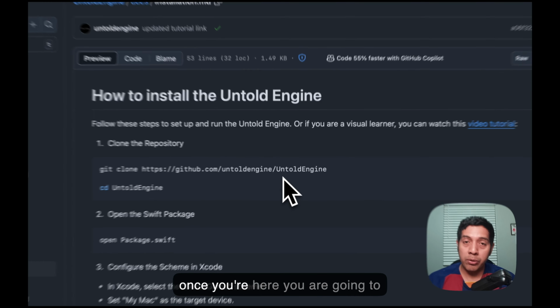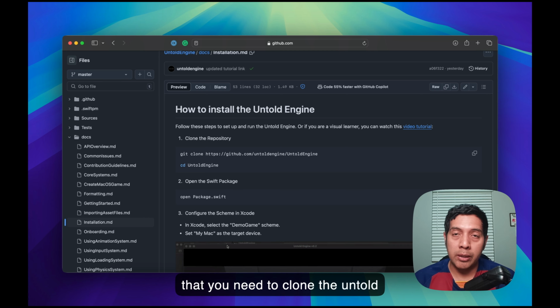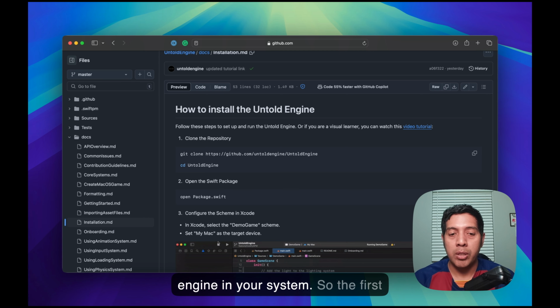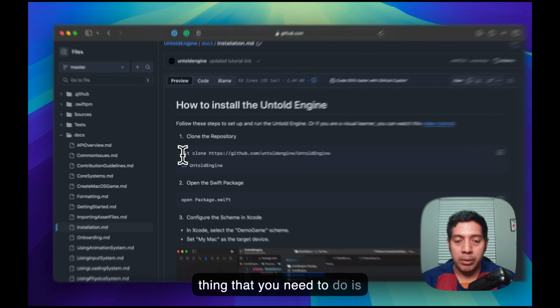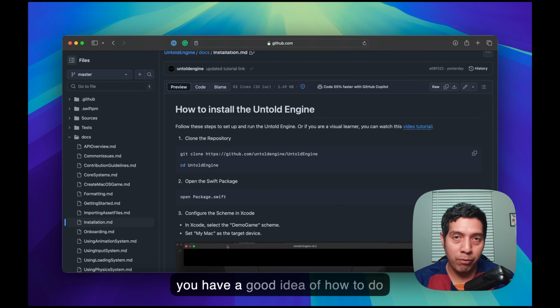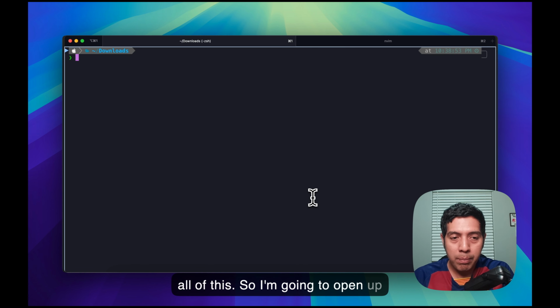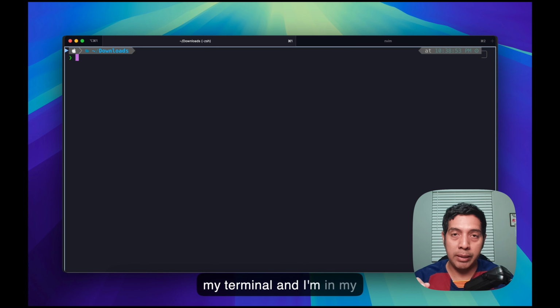Once you're here, you are going to get all of the commands that you need to clone the Untold Engine on your system. The first thing that you need to do is obviously run git clone. I'm going to do a live demonstration so you have a good idea of how to do all of this. So I'm going to open up my terminal, and I'm in my downloads